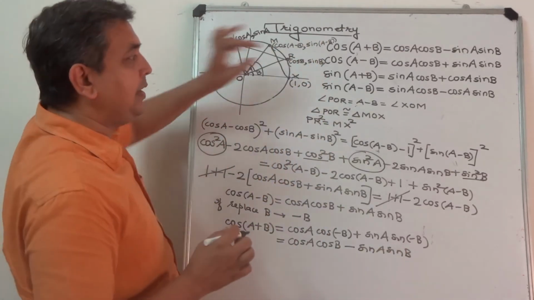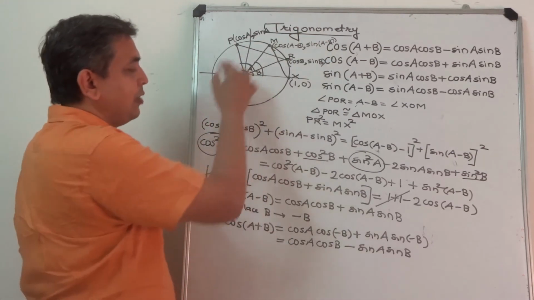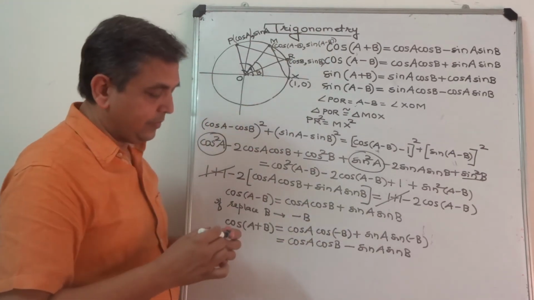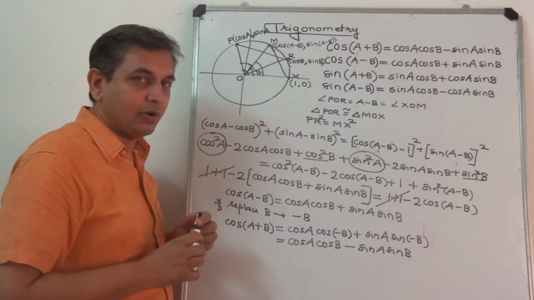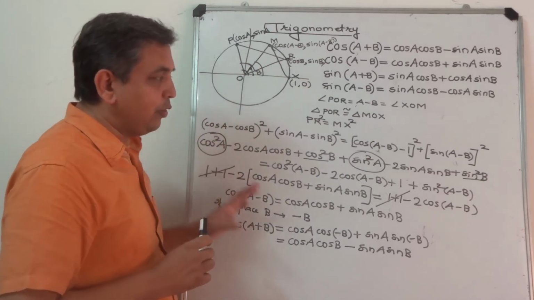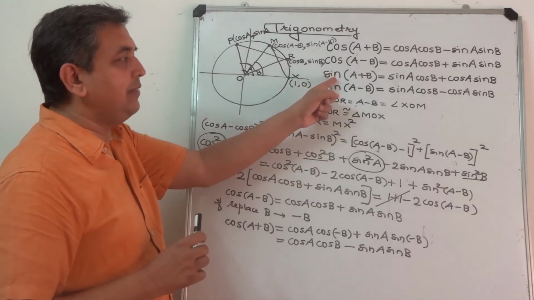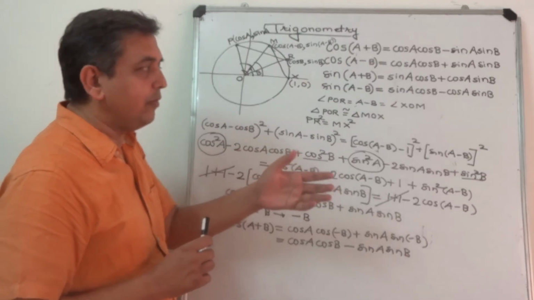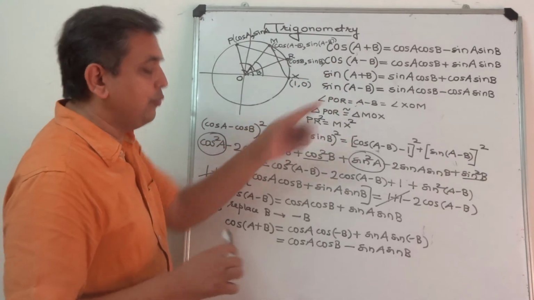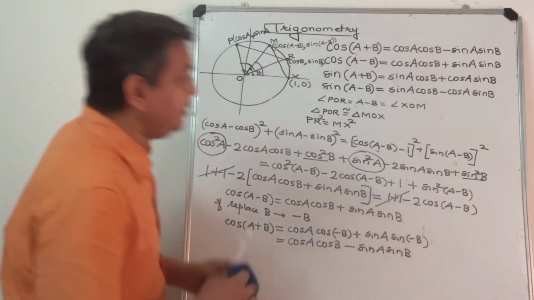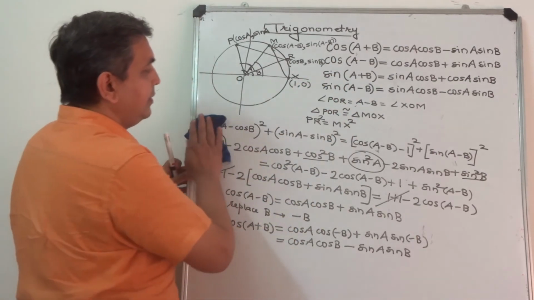So we have obtained these two results from this circle. I hope everybody is clear with this formula. Now if these formulae are clear, small steps and we can derive these two. So let us devote one more minute to derive these two formulae. See what we can do here.